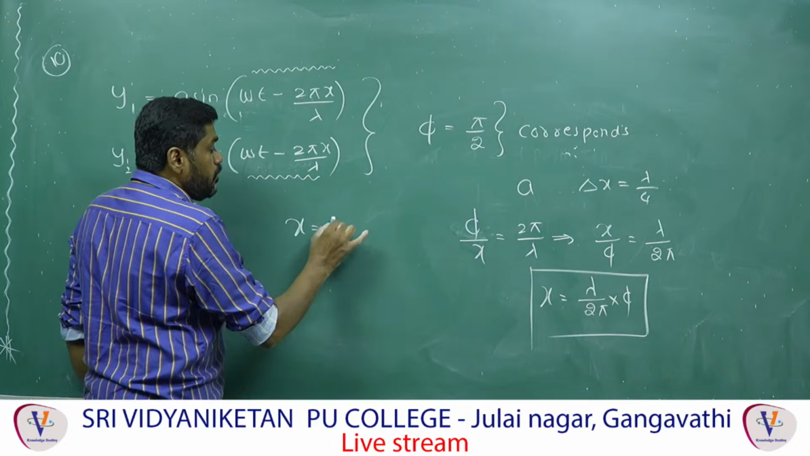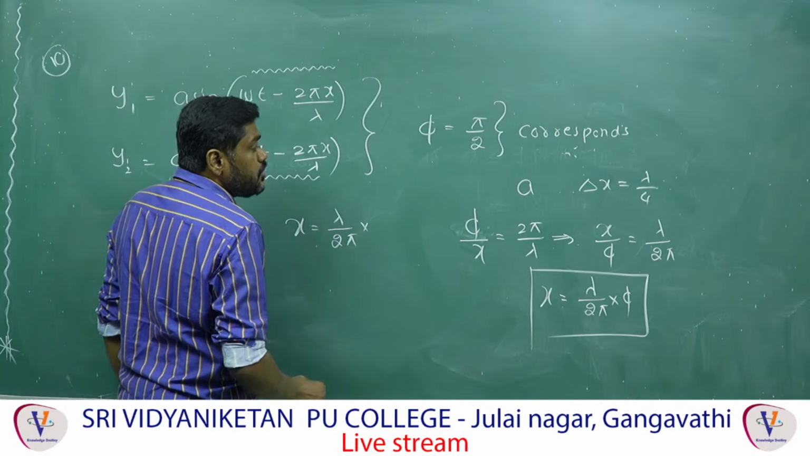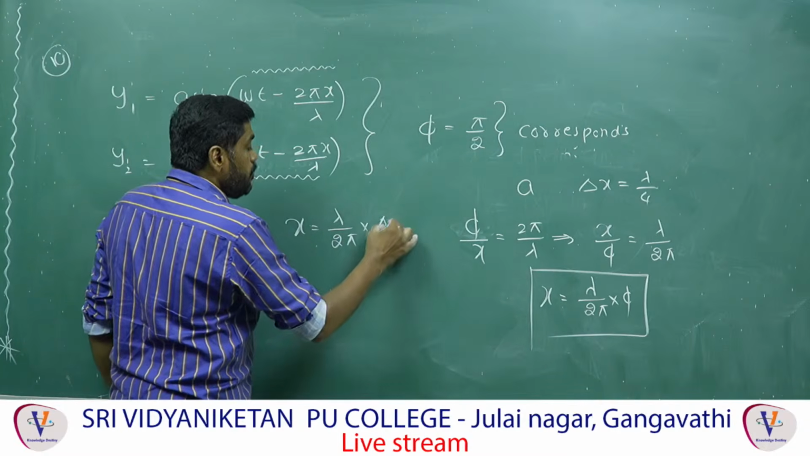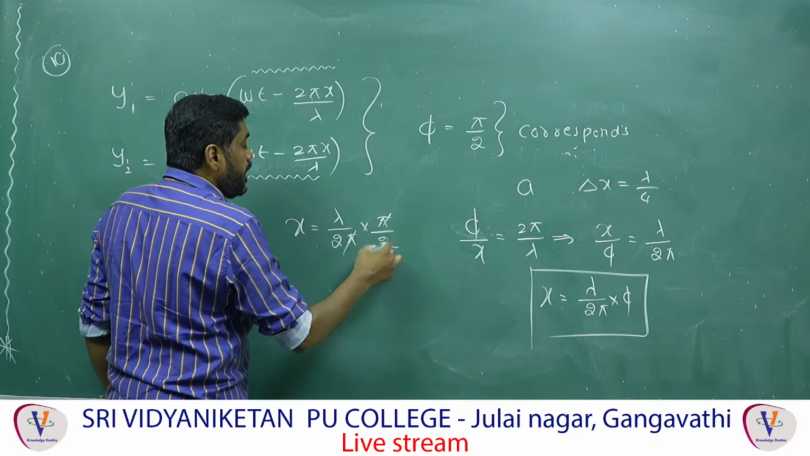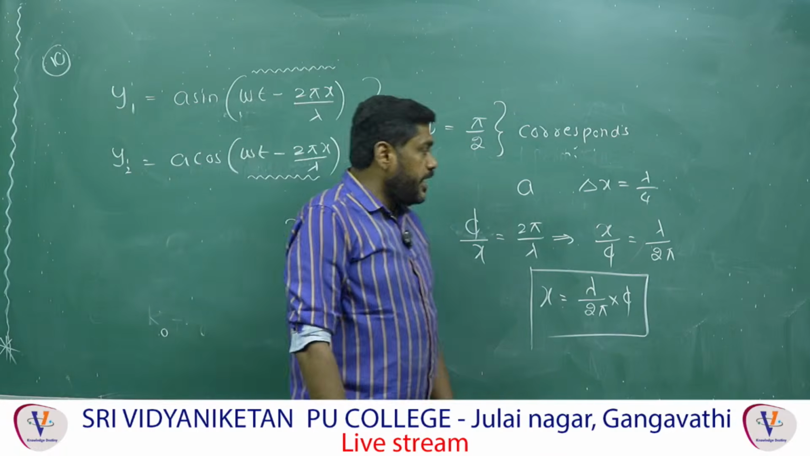Therefore, x is equal to lambda by 2 pi, so into pi value. Pi cancels with the 2 pi, so it is equal to lambda by 4. Or you can take it directly, right? Therefore, now